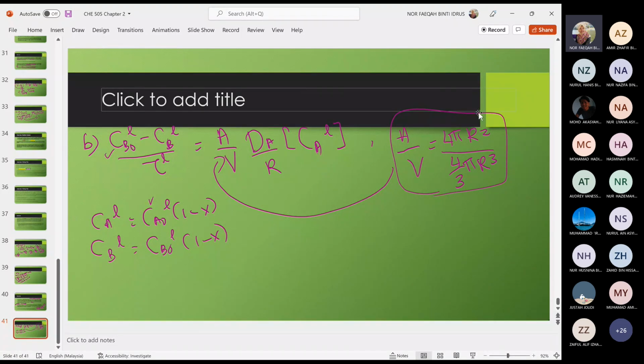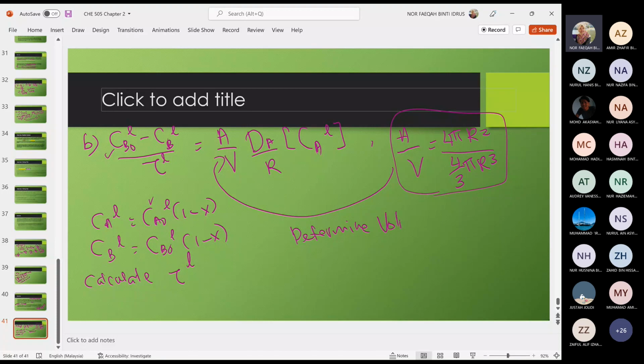So you need to calculate tau L. Okay, tau L from this equation lah. Okay, bila you dah insert all the unknown value and given value, you can calculate residence time. And finally, to calculate volume,